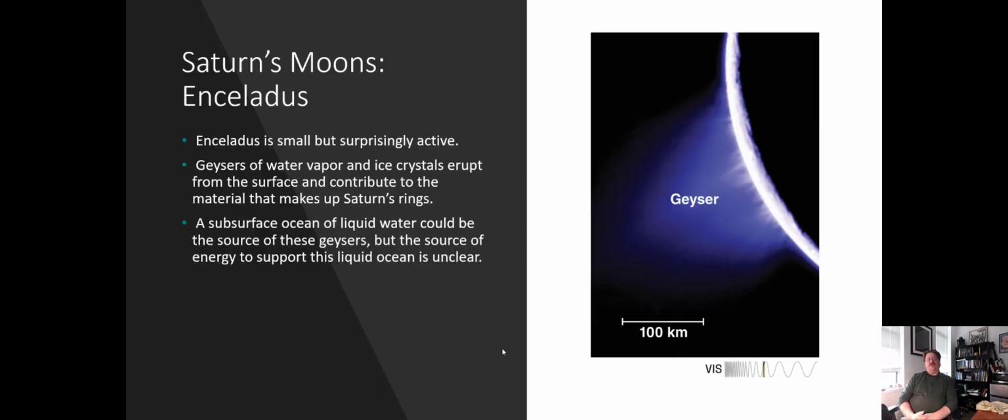So again, I mentioned Saturn's moon Enceladus. It is small, but again, surprisingly active. It has geysers of water vapor and various different chemical components, carbon, potassium salts, things of that nature. And like I said, Cassini was able to pass through them, and that leads us to believe that there is a strong possibility that life could exist in those oceans. As I hopefully mentioned before, we believe those oceans arise from tidal forces from